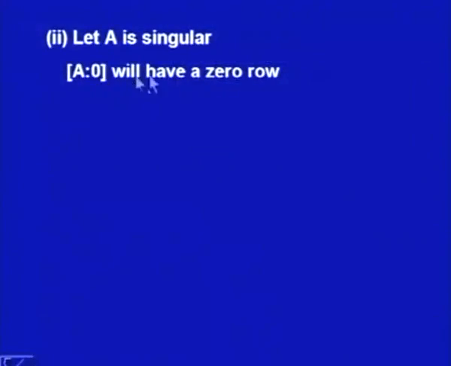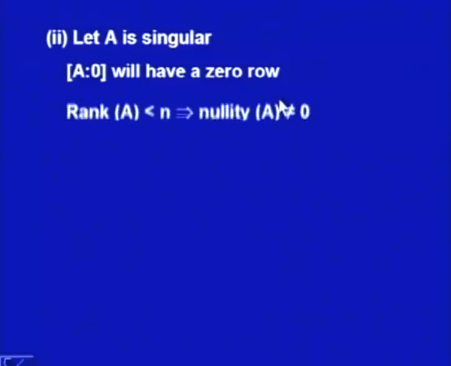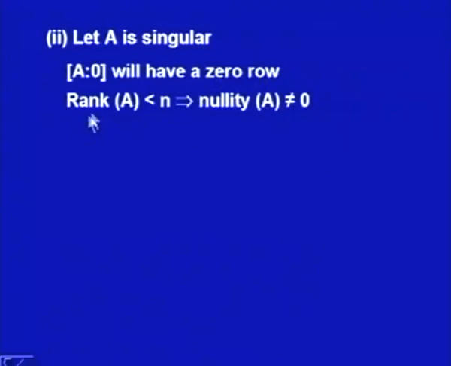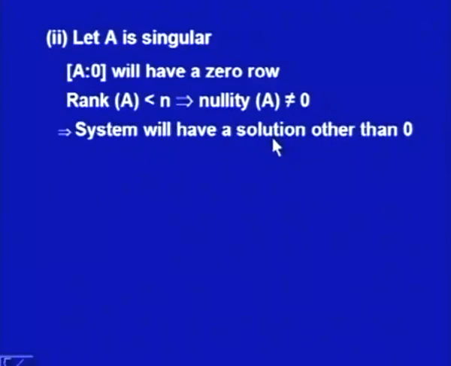Now in the second part, we say A is singular. If A is singular, that means this augmented matrix will have a 0 row, and if it has a 0 row, then rank of A is less than n, and this implies the nullity of A is not 0, it will be at least 1, and that means the system will have a solution other than 0. That is the basic definition of nullity. So, since nullity of A is not 0, we will have a non-zero solution,